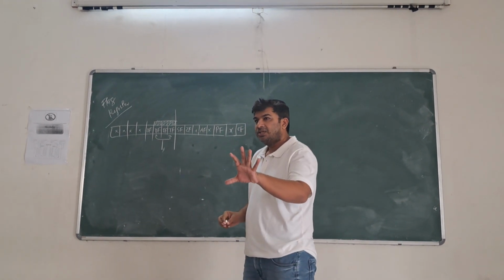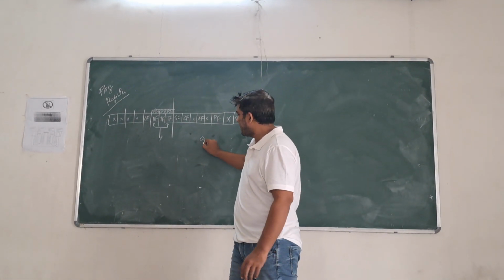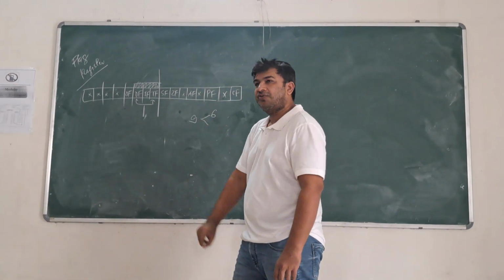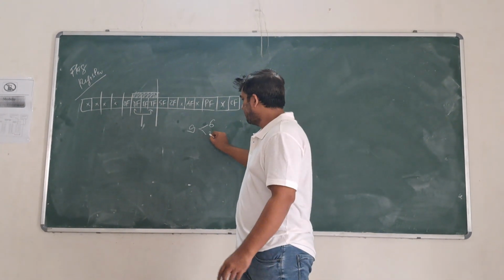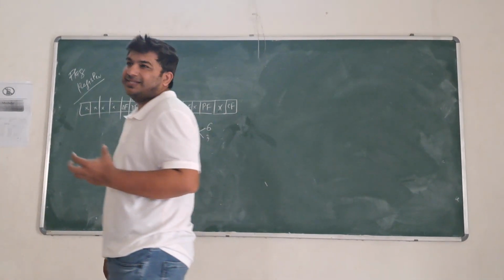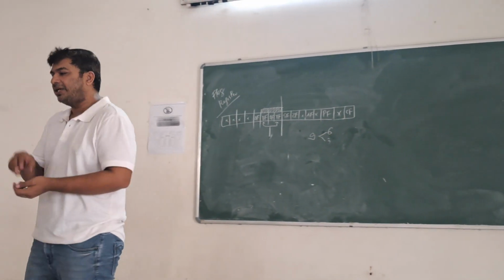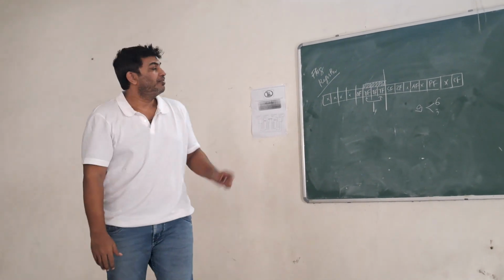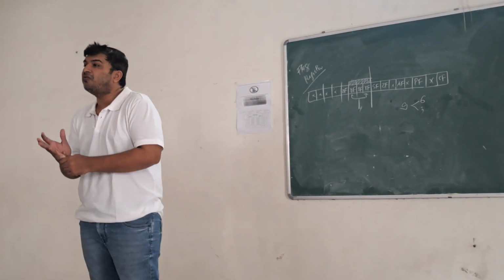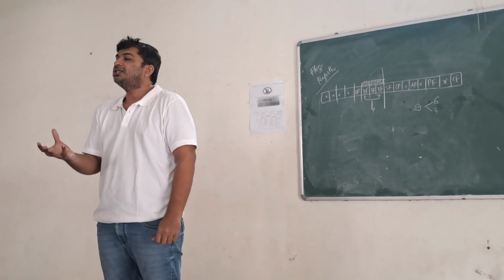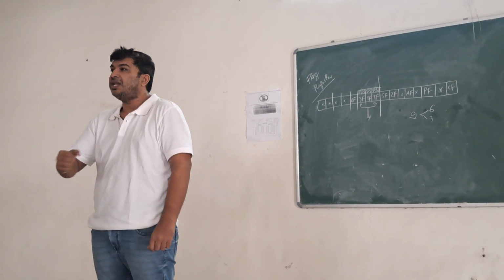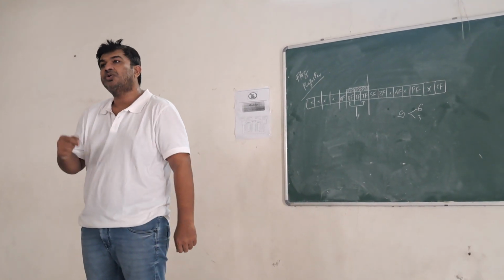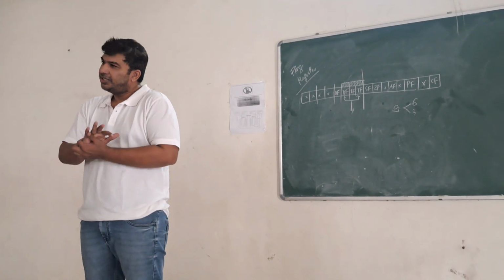In 8086 we have a total of 9 flags available. Out of these 9 flags, 6 flags are called status flags, and 3 are called control flags. As the name suggests, the 6 status flags will tell you the status of the last result, which we have already discussed. But the 3 flags are control flags. What do you mean by control flag? It is in the hand of the user. The user can set or reset it based on the user's requirement. We want to set it, we can set. We can reset. It is in the user's hand.